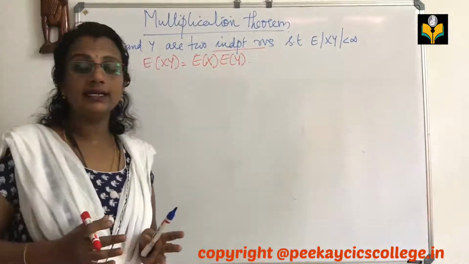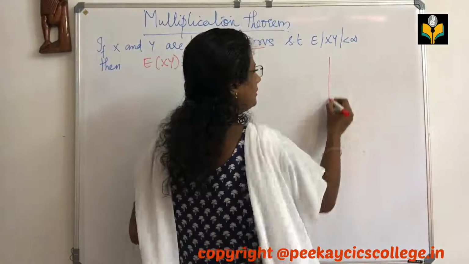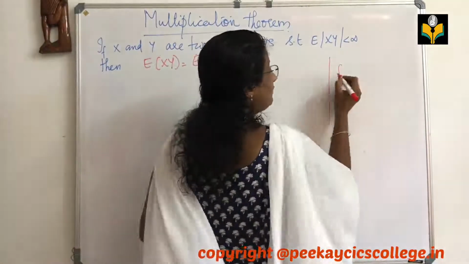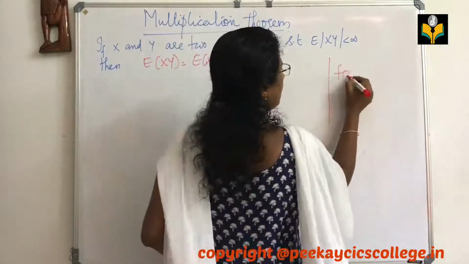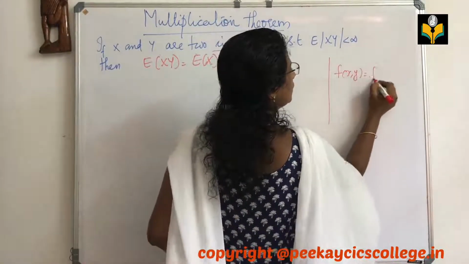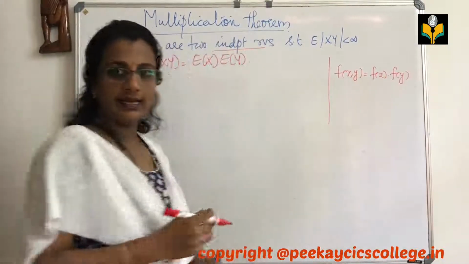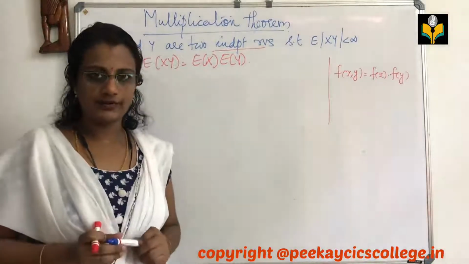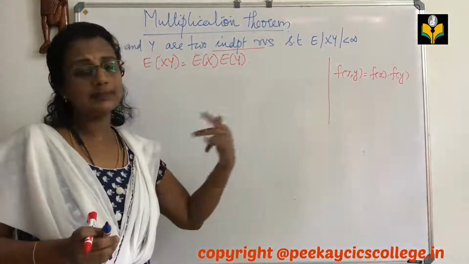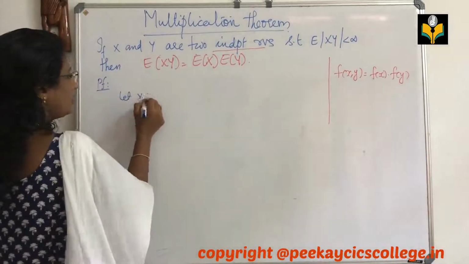We have already learned the property of independence. If X and Y are two independent random variables, then f of xy equals f of x into f of y. Clear? We can apply this property here. Let X and Y be